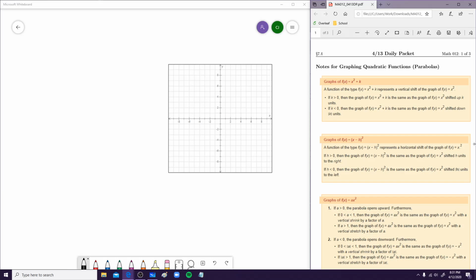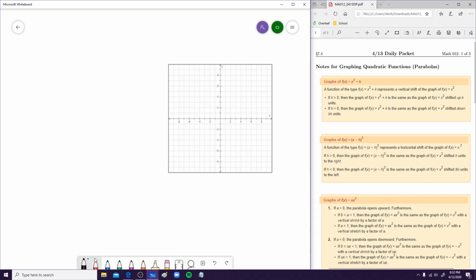So today we will be covering section 7.4, which covers graphing quadratic functions. Quadratic functions look like parabolas, so either like this, or like this, the ones that look like U's. Before we get started with examples, I have some notes to talk to you guys about. Before I talk about this, let's talk about the graph